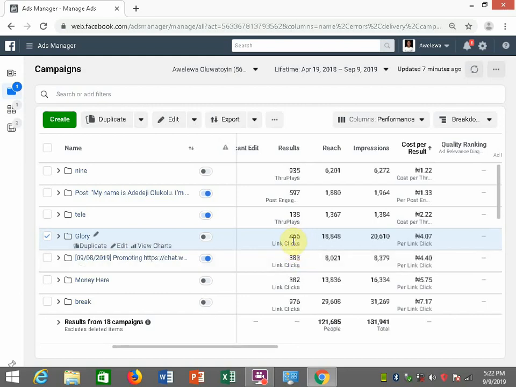your link clicks might not automatically translate to website visits. I need to state that here, because people are very impatient. Everything is going fast. People are getting less patient by the day. They're getting more and more impatient by the day. So when they click your ad and it is taking too long to load, they'll just cancel it, go back to their Facebook and keep doing what they are doing.